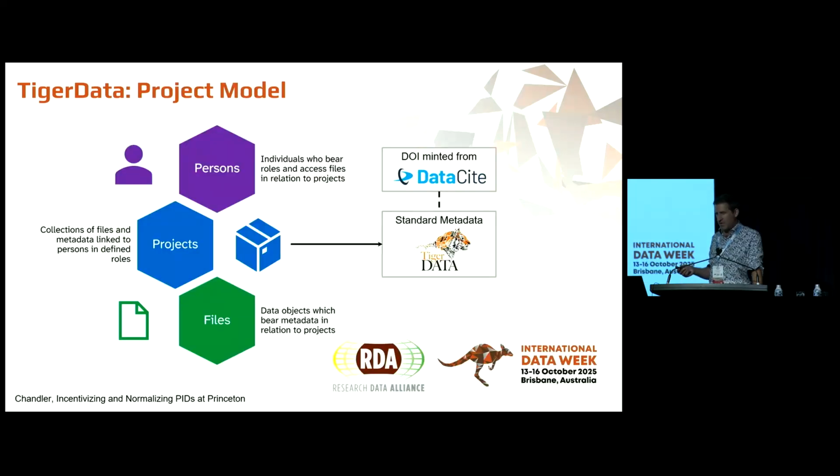They're taking a project as the fundamental unit that links everything else together and enables them to create this kind of network linked by PIDs. People only have roles in relation to projects. Files only exist within a project. Every project has standard metadata. There's a DOI for each project,